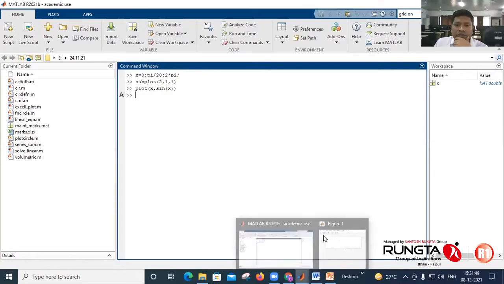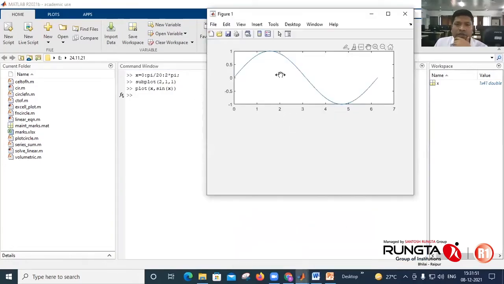See the graph: x versus sin x. It is at the first location of the 2 by 1 graphic window, 2 rows, 1 column.